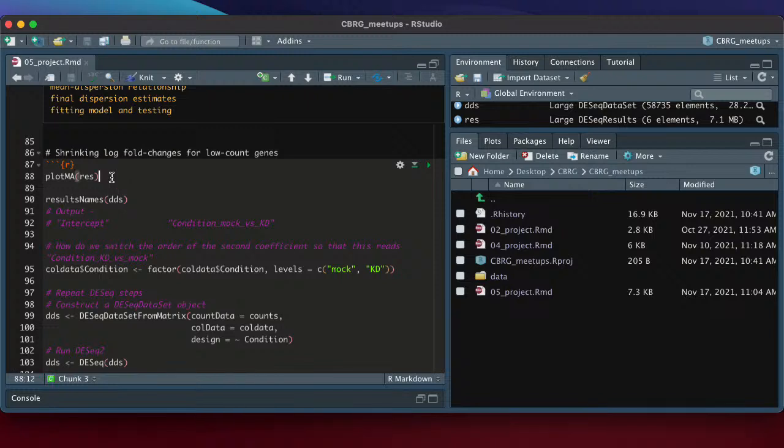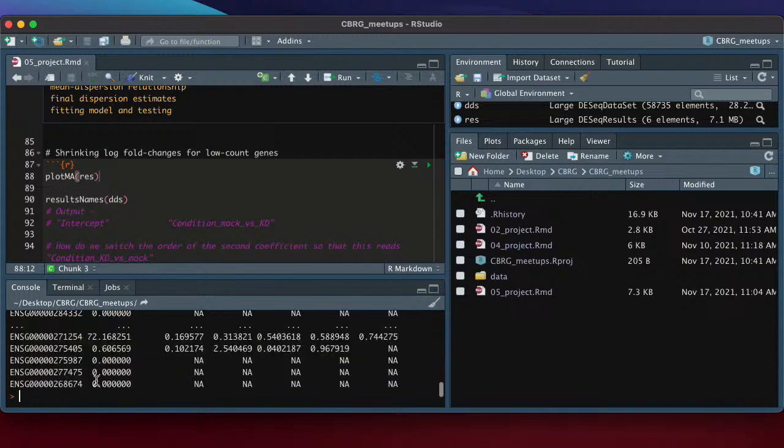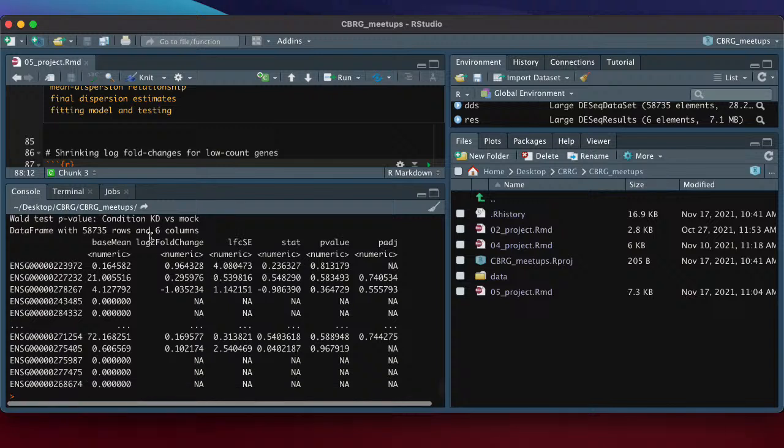with the 3 mock replicates. Okay, so I won't look at that object now, or actually, why not? If we just type it into the console, you can see the output of all of that DESeq2 analysis. You can see log fold change, p-values, adjusted p-values, and the Ensembl IDs for the genes. So that's nice.